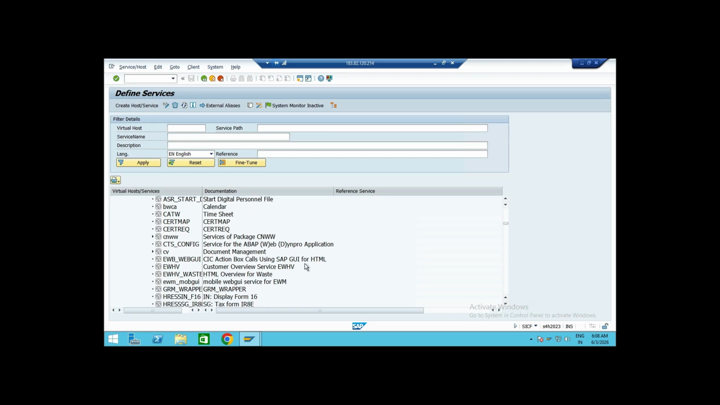Yeah, this is the one, EWM underscore mobile GUI. You have to make it active. Right now it is already active. So you can just log into the RFUI from here, in the Fiori app, I can say. Once you make this particular service active, then you will get to see the